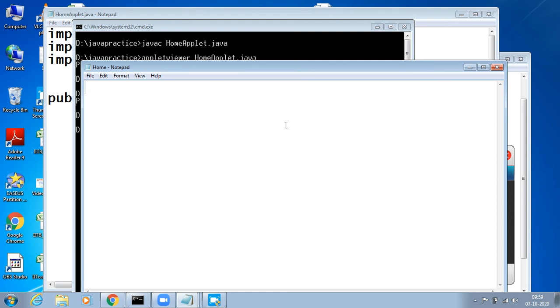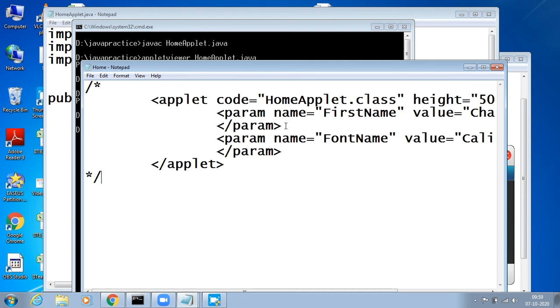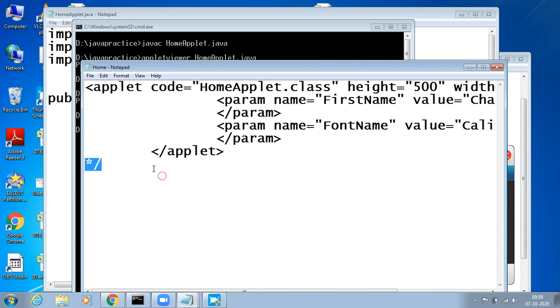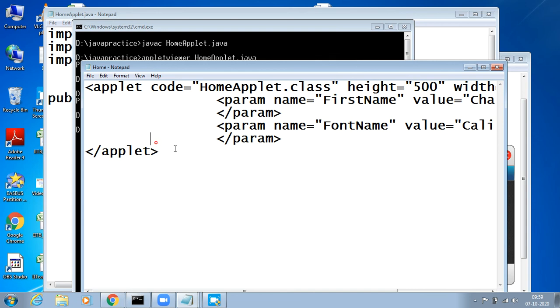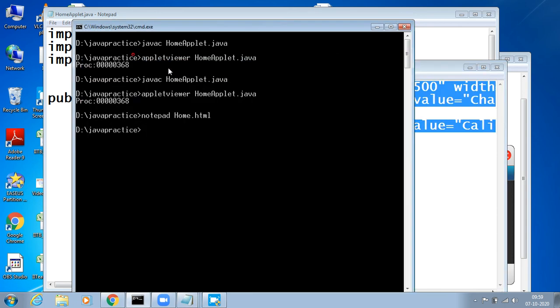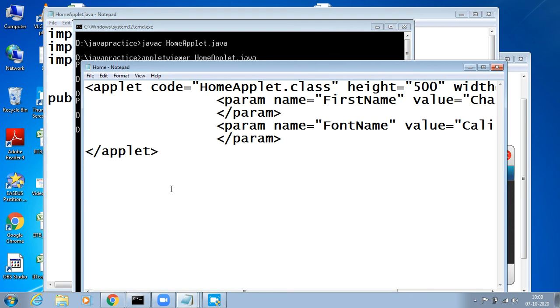As I said, applet is a browser side program, right? So this is the applet code now. I have changed this complete code because this question will be asked: in how many ways can an applet run. One is I can run the applet in the applet window, and the other is I can run the applet in a browser. This is the applet code I have stored in another notepad. I have saved the notepad as what? Home.html. HTML is called hypertext markup language, which will run in the browser. Now this will run in the browser generally.